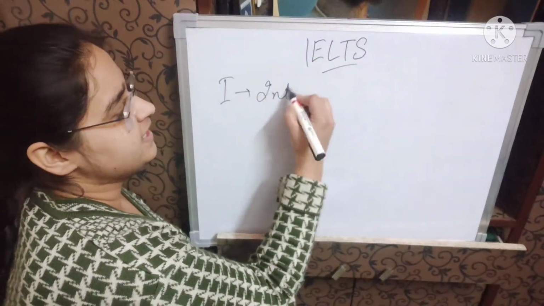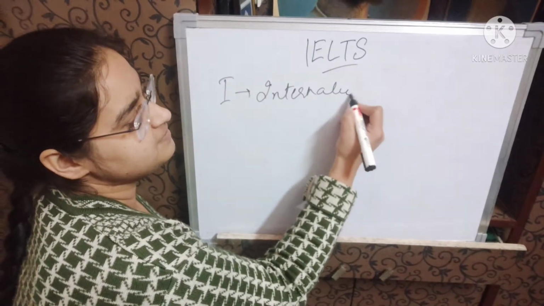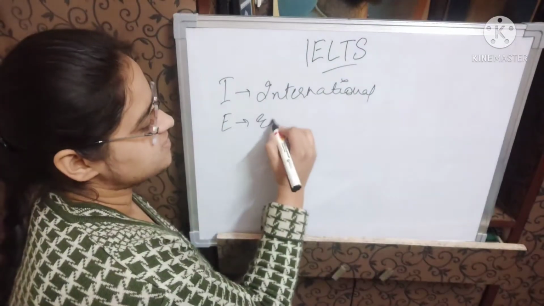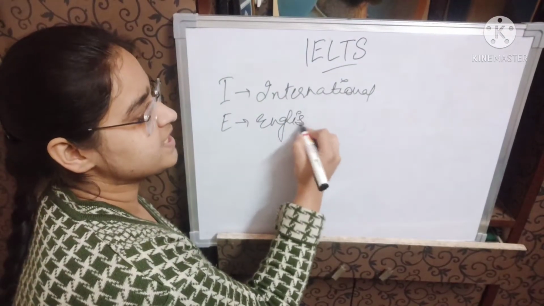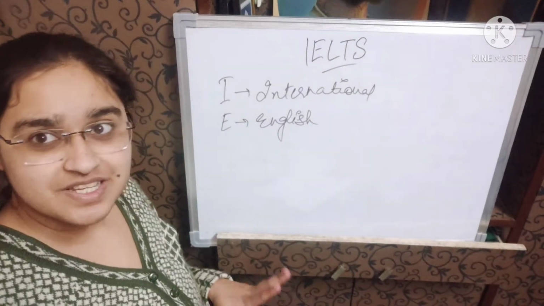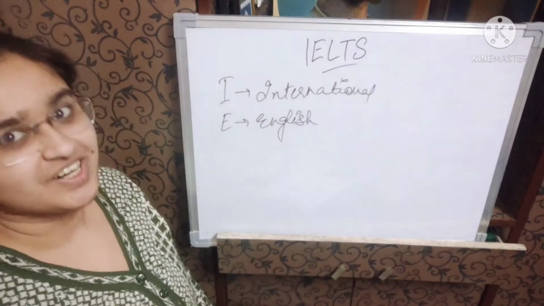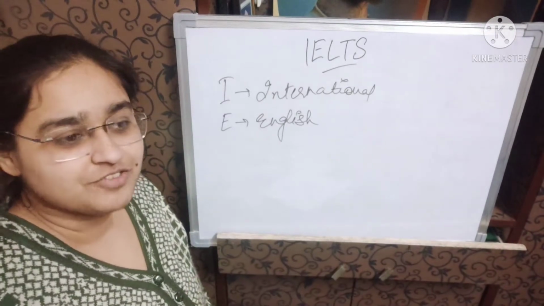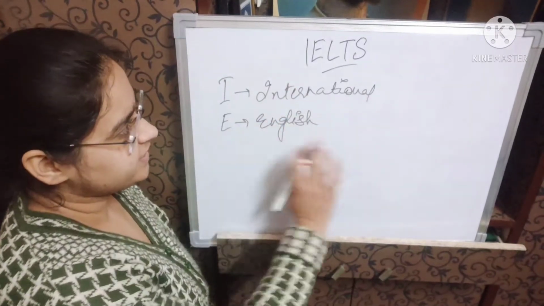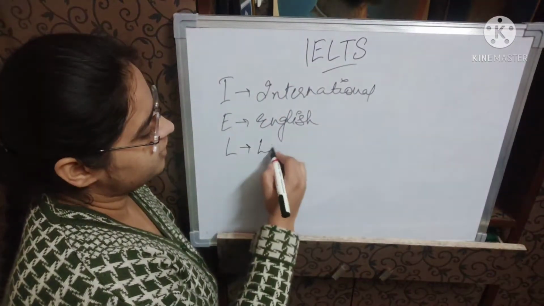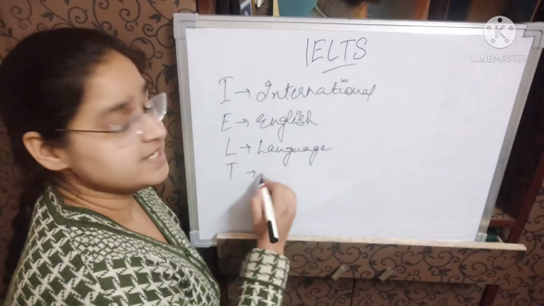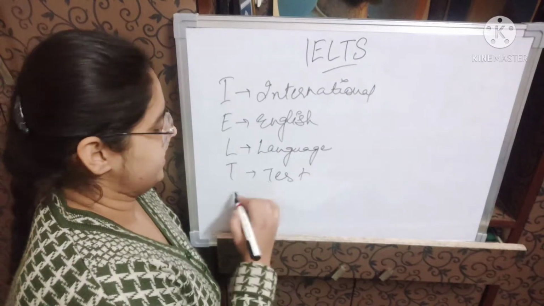I is for international, E is for English, as we are giving the English test, which is the international language, not the native language. Indian language is Hindi or Punjabi or any other language depending upon the different states. So international English, L for language, T for test, and S for